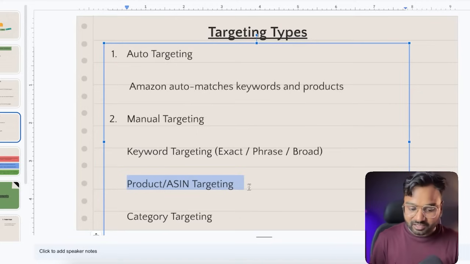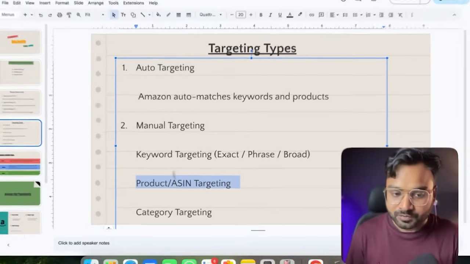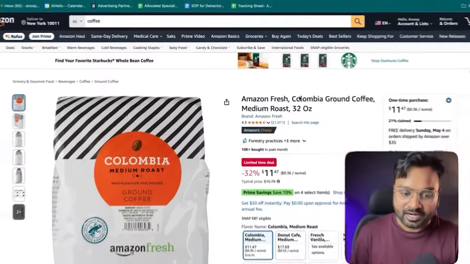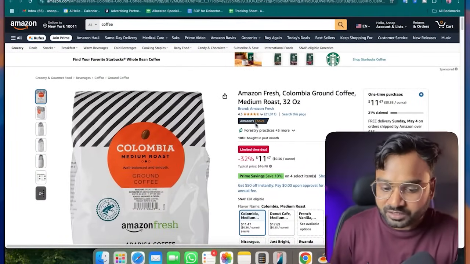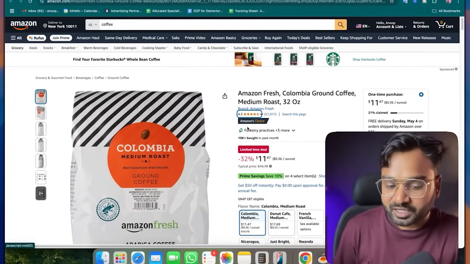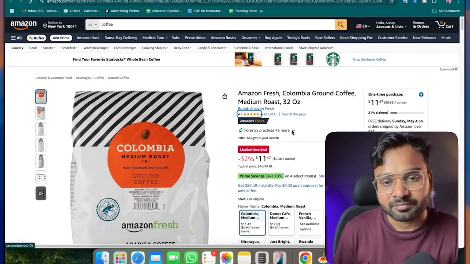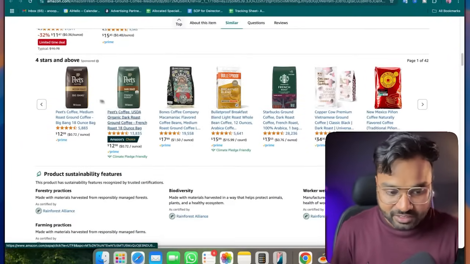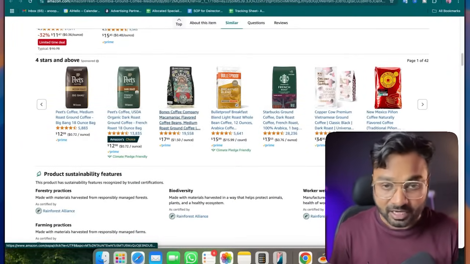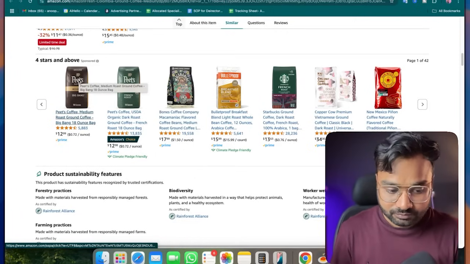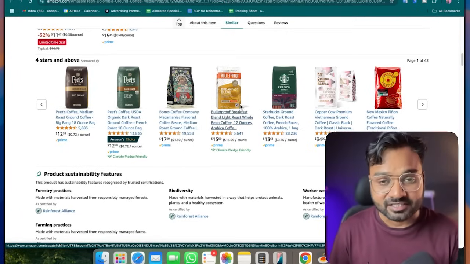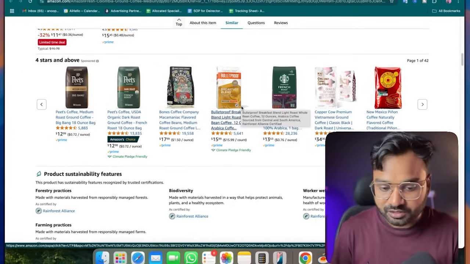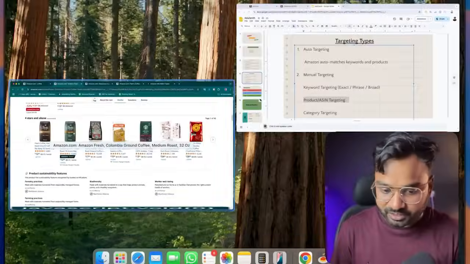Now let's talk about ASIN or product targeting. ASIN, product, same thing. So when I say product targeting, let me show you what I'm saying. Let's say this is a product, right? And I am selling a similar kind of product. Now, if I put my ad below this product, and if I am offering a better product, maybe in pricing, maybe in features, maybe in listing quality, whatever. If I put my ads here, like you can see, I can win sales from this competitor, and this is a very effective ad type when it comes to getting sales and improving BSR. So these are where we can put our sponsored product targeting ad, and this is how it works.